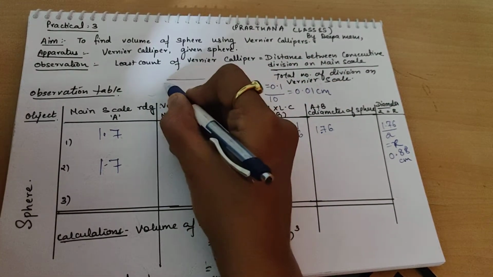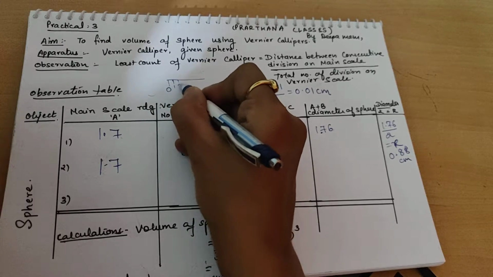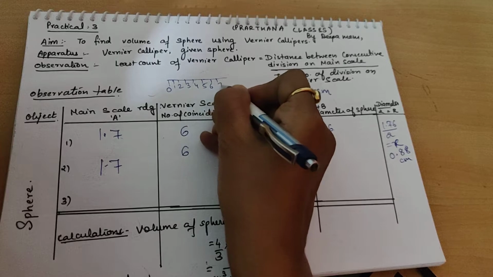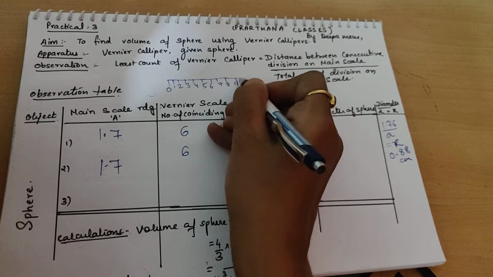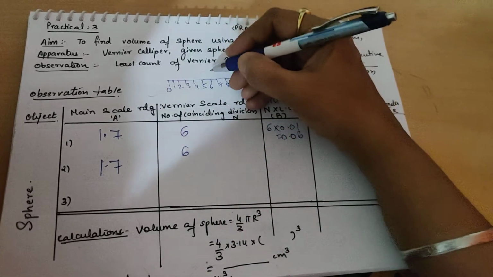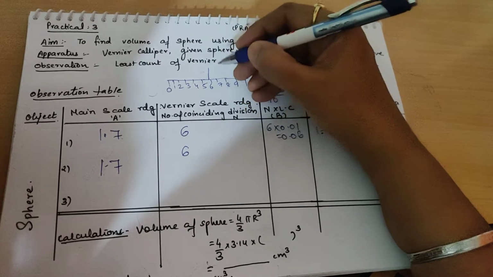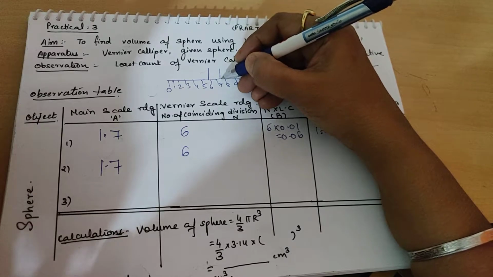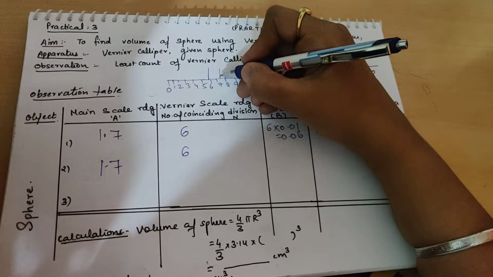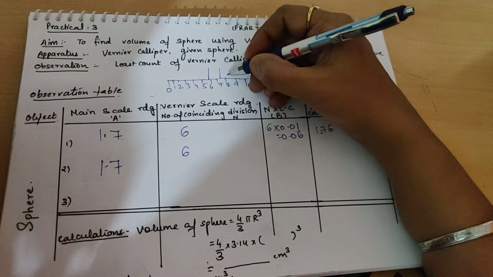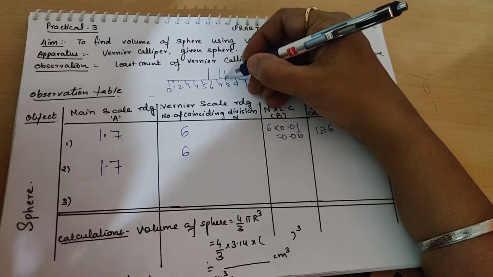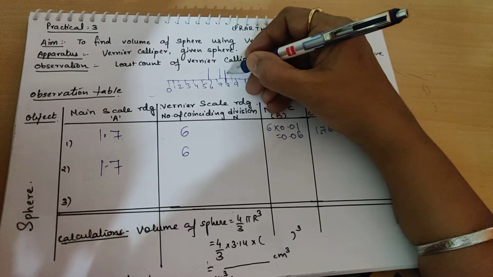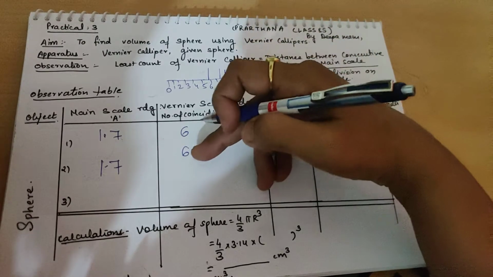So what I mean to say is how the 6th division exactly coincides. See, it should be like this. Suppose the main scale, you can see that vernier has how many divisions? 10 divisions, fine. 6, 7 like this, 8, 9, 10. See, I have shown you in a magnified way. So there will be some divisions on the main scale that will go either back or proceed, fine. You can say some go ahead and some go behind. Only one division will exactly go parallel, and that reading we have to take. So according to the example here it is 8, so you must write here 8.